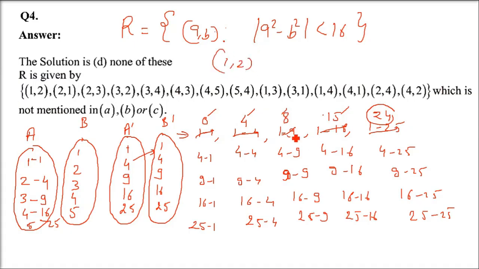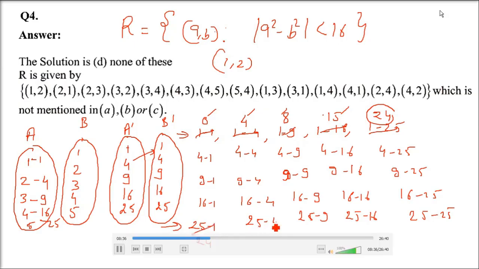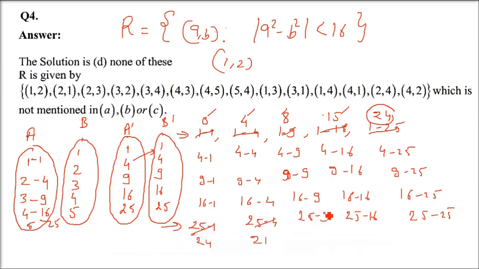So I will just take 1 and 2 from here. 1 and 5 from here, sorry. 1 and 5. Not 1 and 2. 1 and 5 from here. Because for 1 and 5, the subtraction was 24. Here, 25 minus 1, 25 minus 4, like this. So 24, please remember it is all modulus. So there are two mistakes here. 4 I've written, it is 3, and this 1 minus 24 we have to take as 1, 5. So 1 comma 2 which I have written has to be taken as 1, 5.